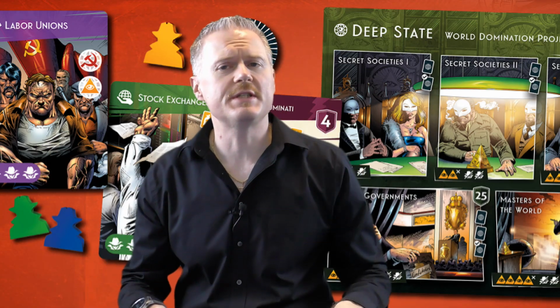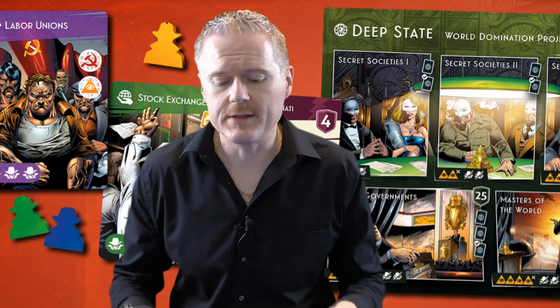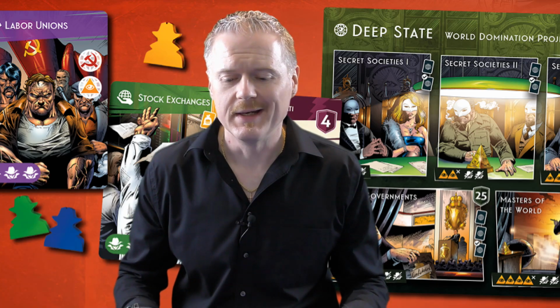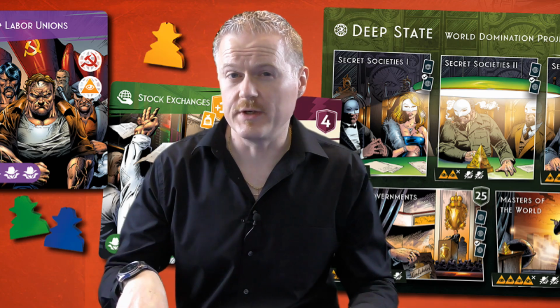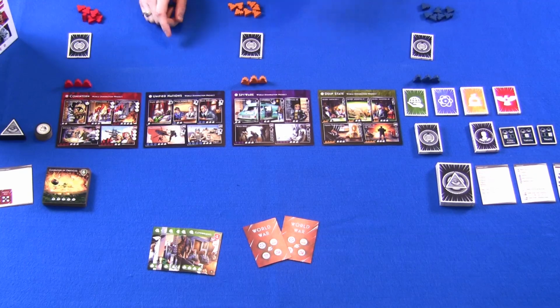This video is part of a series of videos looking at Deep State. This is a game for 2 to 4 players. It's a worker placement set collection game, and this video is part of a series. In this video itself, I'm actually going to show you some sample gameplay playing a 3-player game between red, yellow,